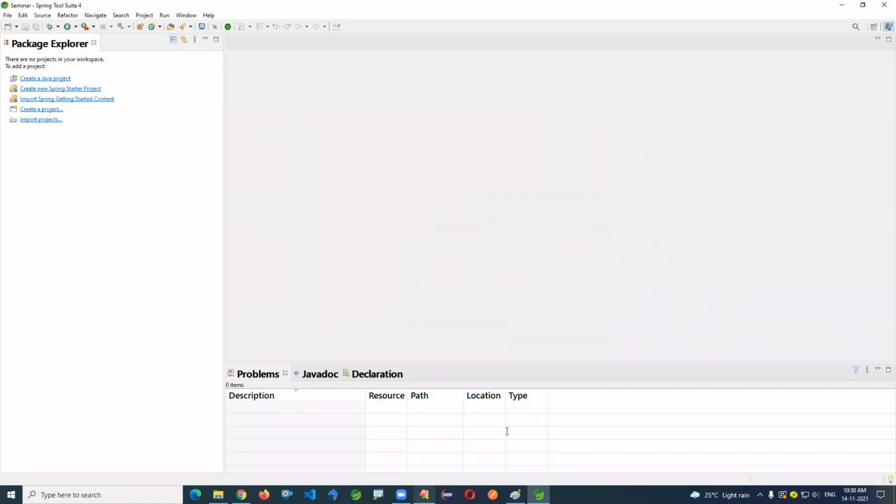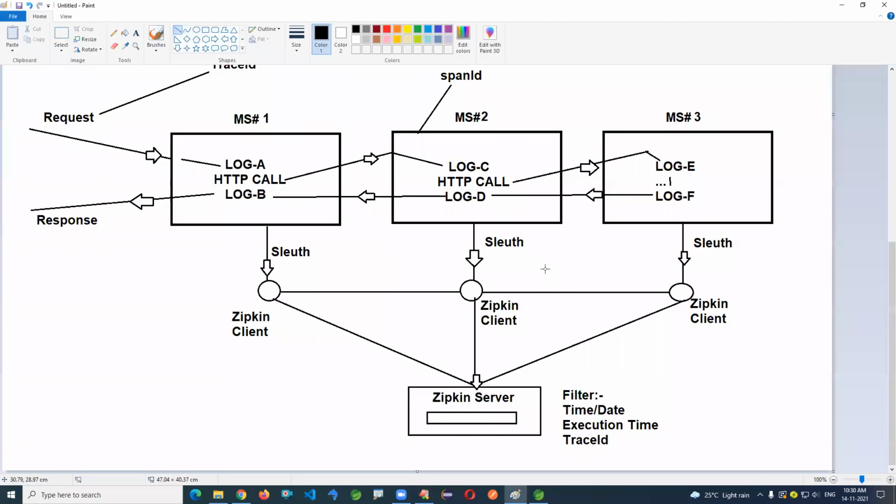Creating multiple microservice applications here, that's the first stage I'm doing.